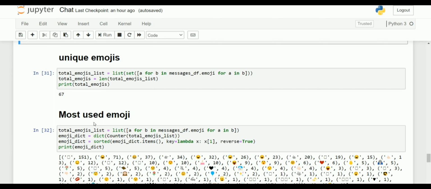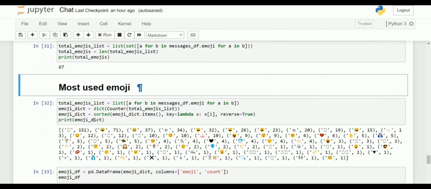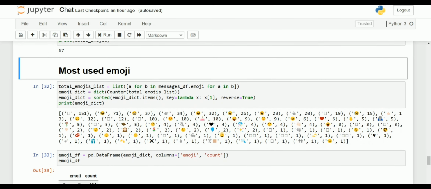You can also see the most used emojis. The code for that is total emoji list equals [a for b in messages_df.emoji for a in b]. Dictionary: this will count the emoji list.